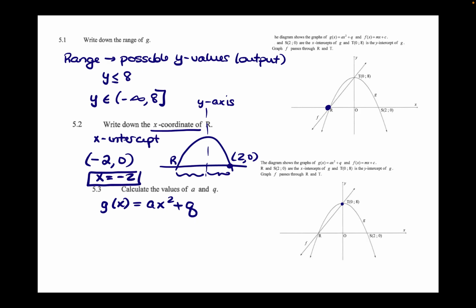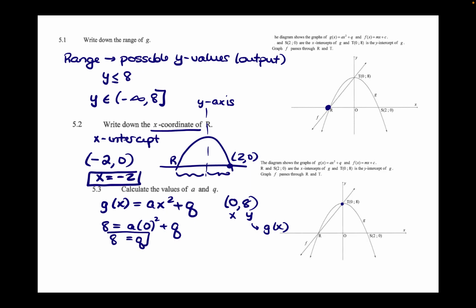But if you didn't know that, you could use the point 0, 8 and plug that in for x and y. And remember, y is the same as g of x in this problem, so we can plug that in and solve it for q, because that first term, a0 squared, just equals 0,